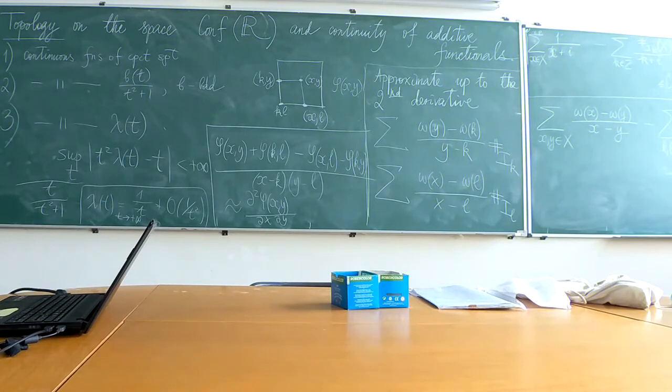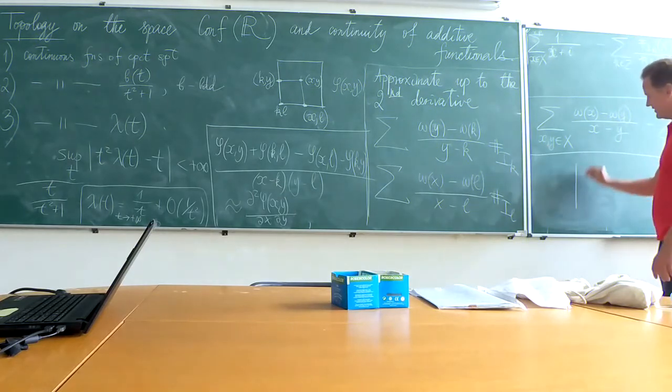Right now, I want to become very specific and go to the sine process and explain in what sense the different values of my random entire function